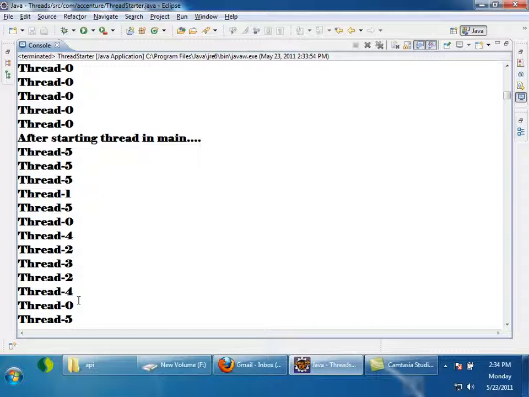See, are you able to predict the output? No. Once a thread starts, it is on its own. There is no parent and child relationship. Who is the parent for all these threads? Main thread, right? But there is no parent and child relationship. Each of them can run individually, right? So that's how I started 5 or 6 threads right now.